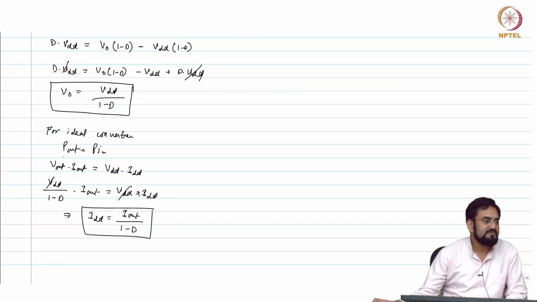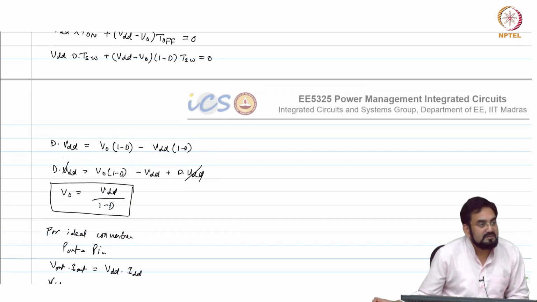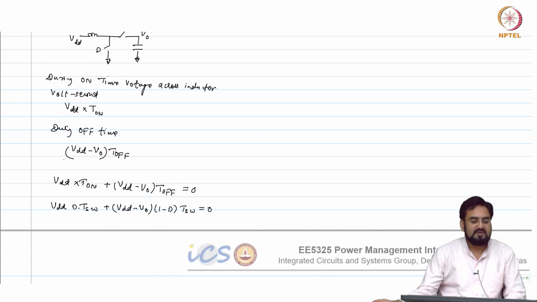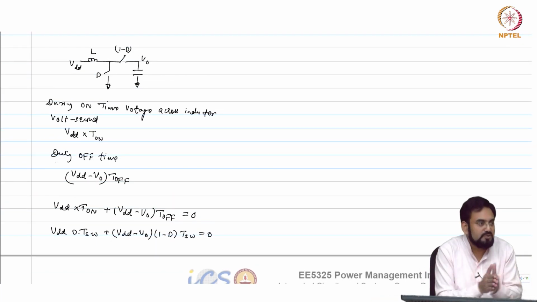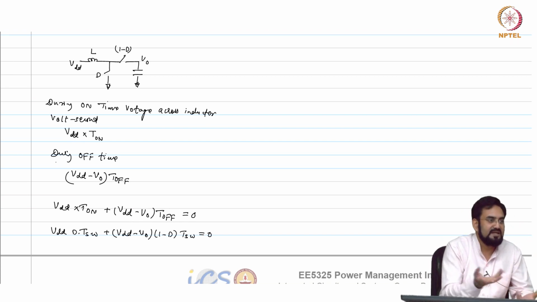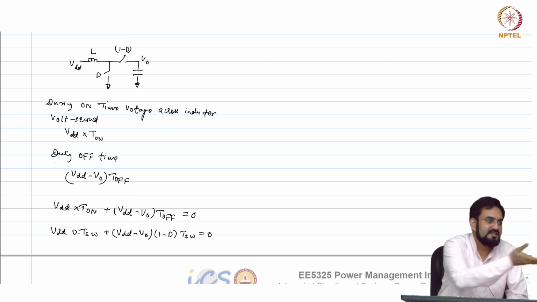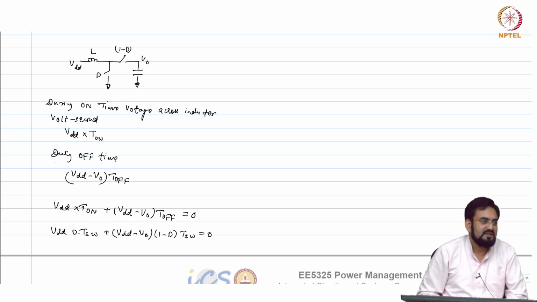Okay, any questions? No, you can do that, but again the efficiency problem would be there. You can cascade two boosts, and the moment you cascade, let us say you are getting 90% efficiency from each, you will be left with how much? 0.9 into 0.9, 81% efficiency, about 10% is lost. The same you can achieve by a single stage with one inductor and 2 switches.